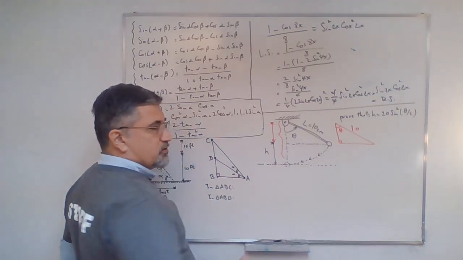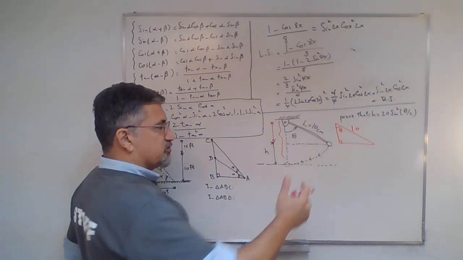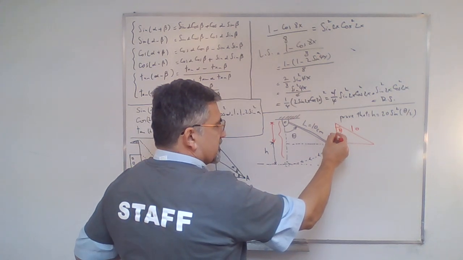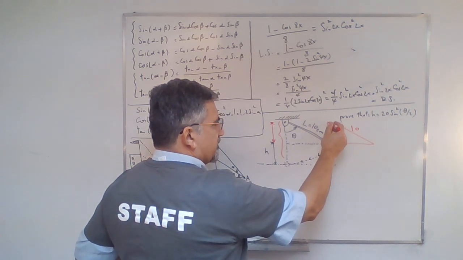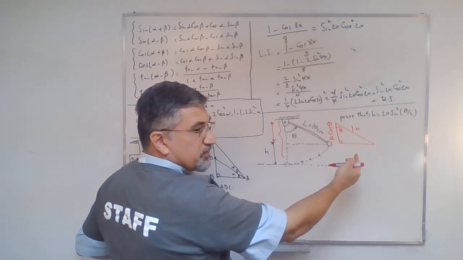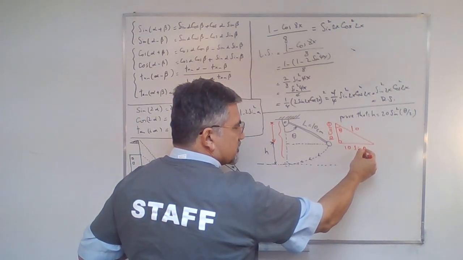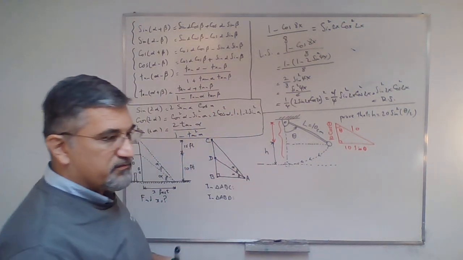You know SOHCAHTOA, so if you multiply the hypotenuse by the cosine of the angle, that will be 10 times cosine of theta. And if you multiply the hypotenuse by the sine of the angle, that would be 10 times sine of theta, which would represent the opposite side of